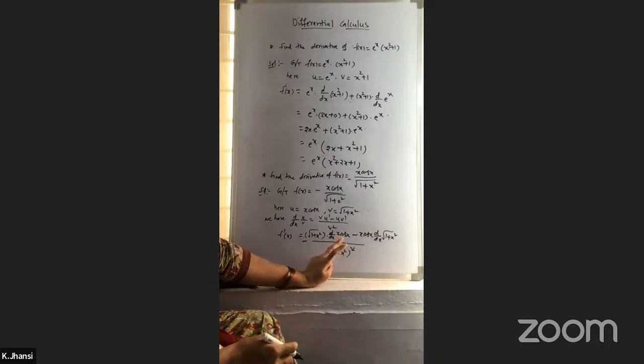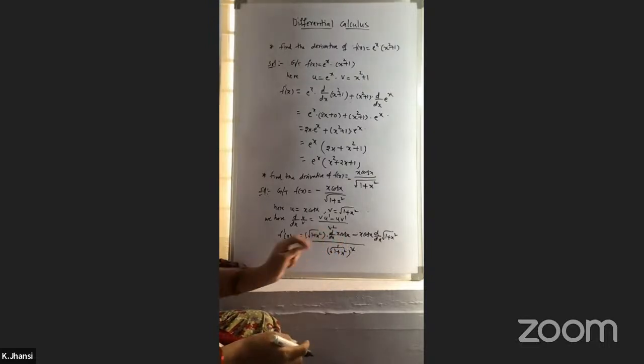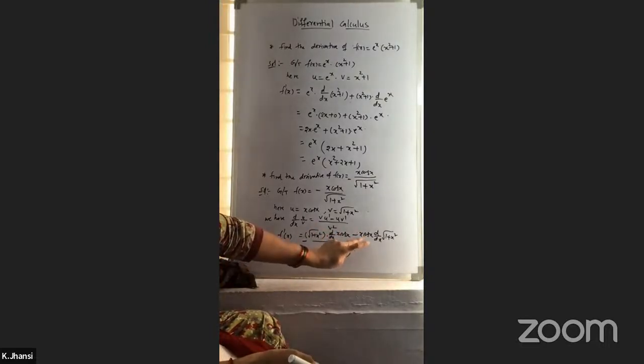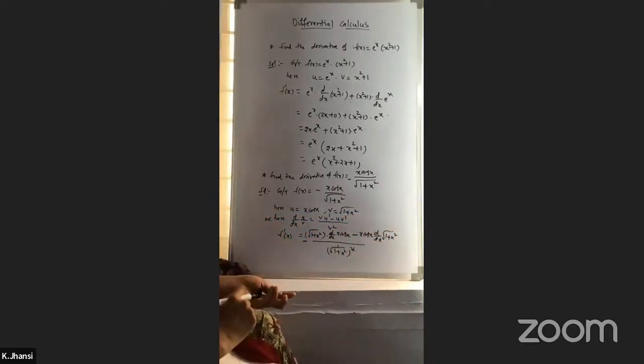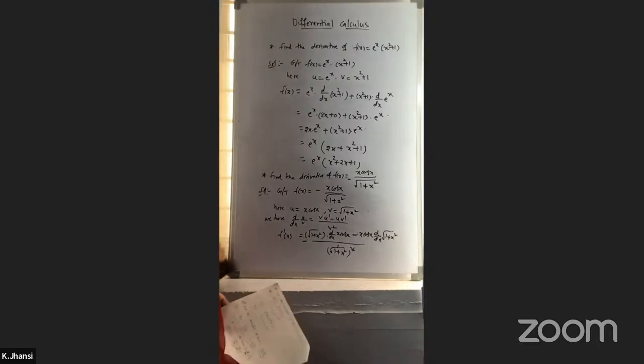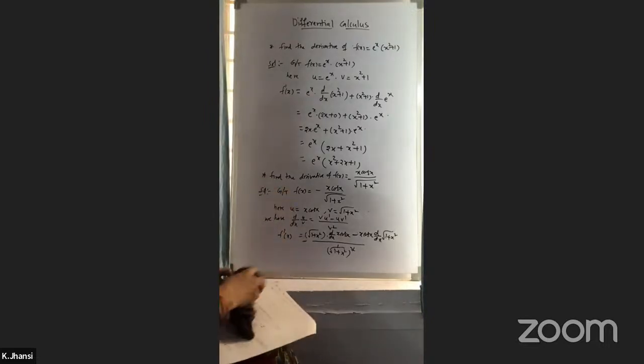This is uv. That is x into cos x. Two functions are there. X is there and also cos x is there. So again you have to apply here one more rule. Okay. And here x cos x d by dx of root of 1 plus x square. So if we do the simplification of that,